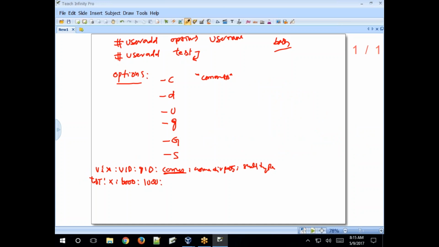When you create a new user, one group will be created. That group is the primary group for the user. The group name is the same as the username.